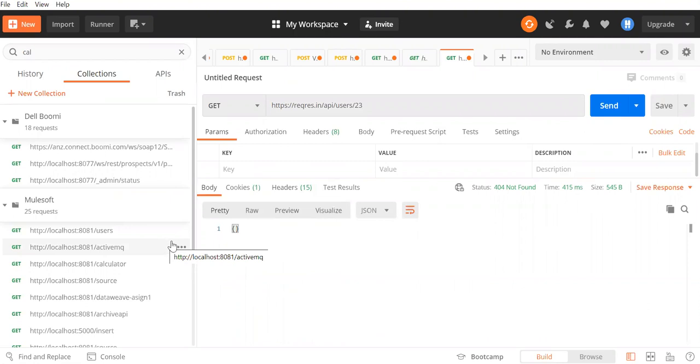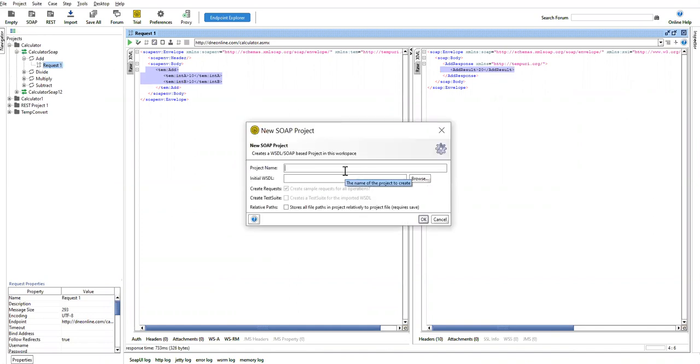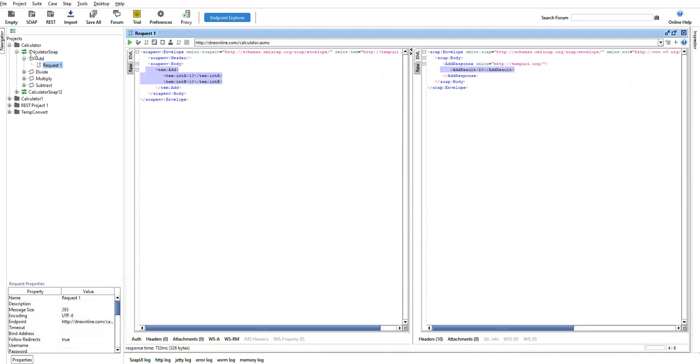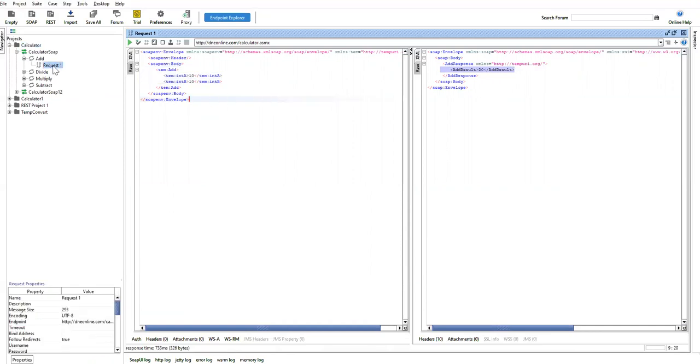Okay, and for the SOAP-based web service, to show that I use SOAP UI, where you can import that WSDL and create a SOAP-based project. You can give the project name, and then the WSDL URL, and create this project. Once you create the project, you will be able to see the service. Inside the service, you'll be able to see the methods available. So I am using the add method to demo. Once you click on the request, it will show what kind of data it takes, and then you can pass the first number, second number. So let me change the number, and then you can hit the execute button, and then you can see that this is how the response looks. Okay.